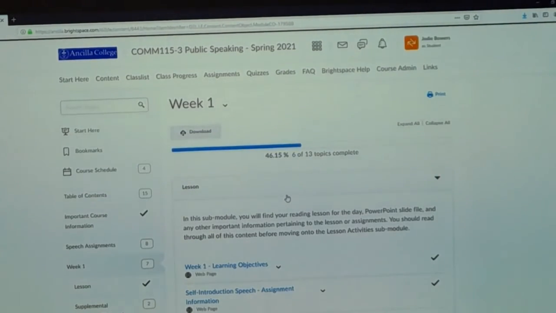And when you are done, you are free to go. That extra credit assignment, you can do that at any time. It says that it's due by 4 p.m. today, but if you don't get to it until this weekend, that's fine too. Just before we move on to the next